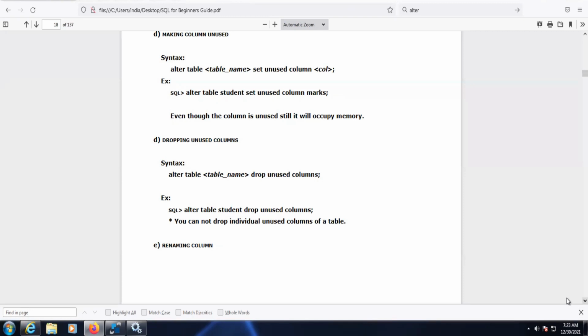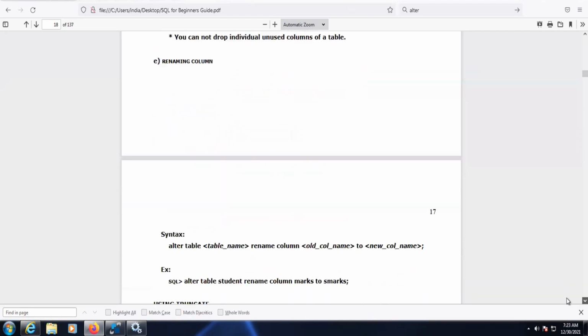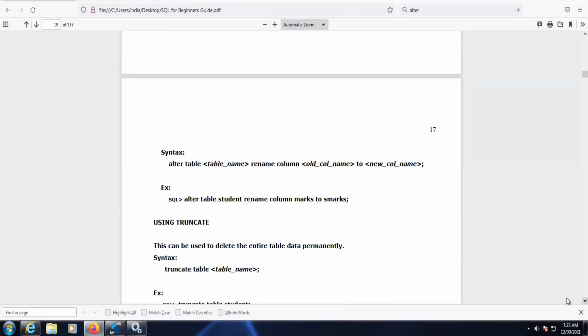Okay. Now renaming a column. How to rename a column? Here I'll be renaming the column marks to S marks. The syntax for renaming a column is alter table student rename column, from column to column, we have to provide.